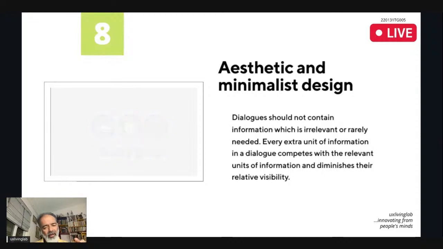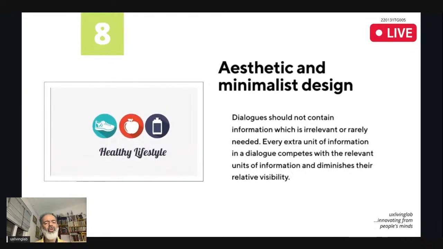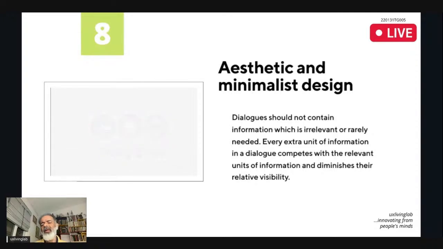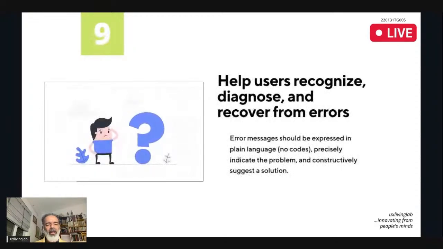So it's better to close the things in a minimalist way and avoid all irrelevant information. When you give an extra unit of information, it should be an add-on to the first information you have given. Don't explain the first information again and again. Okay, so that is minimalist design. The ninth one, help